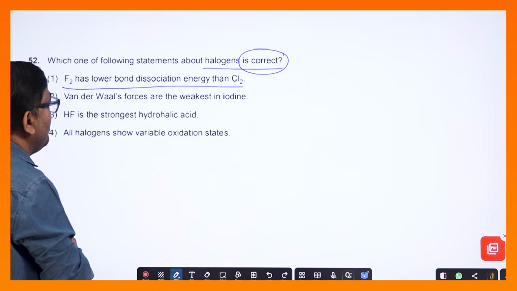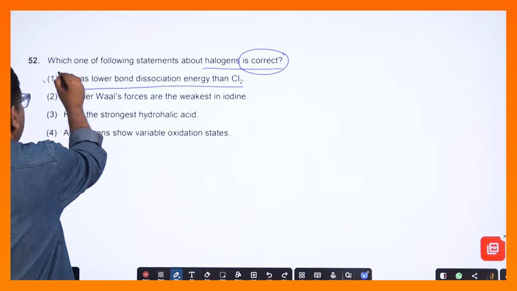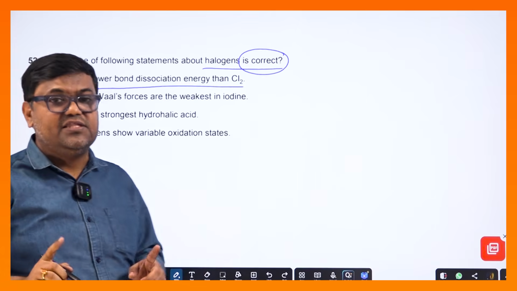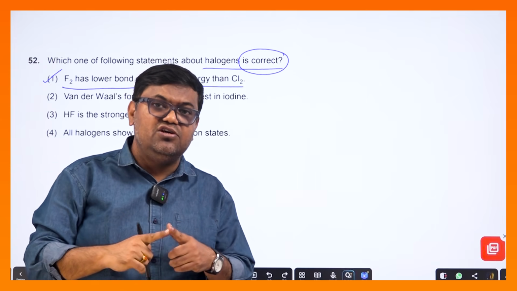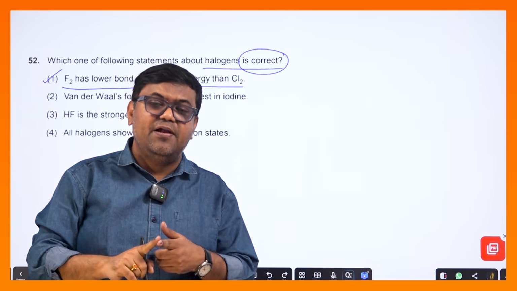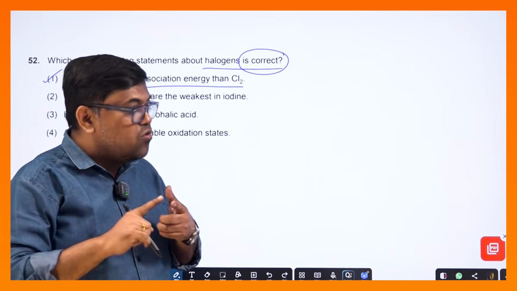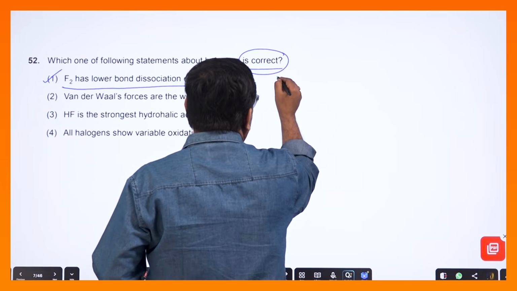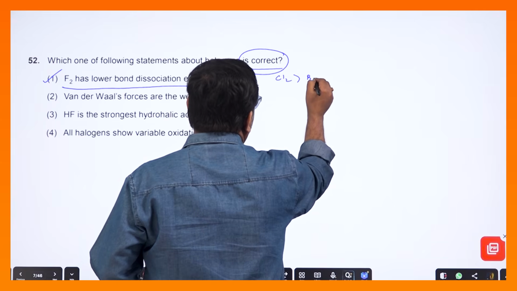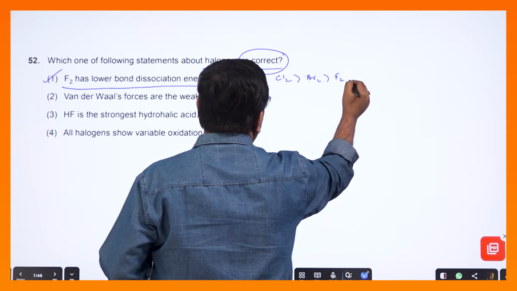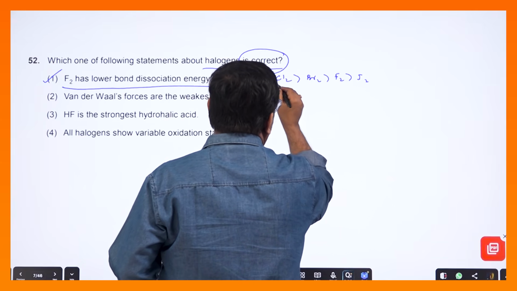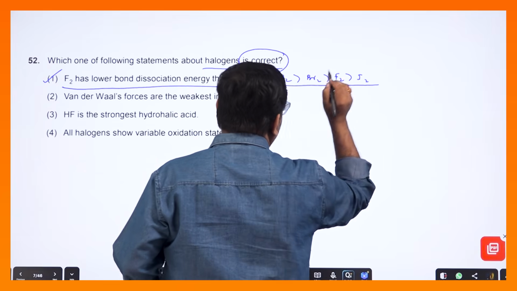F2 has the lower, একদম কারেক্ট, প্রথমটাই কারেক্ট। কেন? ফ্লোরিনের ক্ষেত্রে লোন পেয়ারটা 2p-তে থাকে, তাই লোন পেয়ার-লোন পেয়ার রিপালশন বেশি হয়, ক্লোরিনের ক্ষেত্রে 3p-তে থাকে, রিপালশনটা কম, তাই F2 বন্ড এনার্জি কিন্তু ক্লোরিনের চেয়ে কমে যায়। এখানে অর্ডারটা কি হয়? অর্ডারটা হয় Cl2 সবচেয়ে বেশি, তারপরে Br2, তারপরে F2, তারপরে I2। এটা হচ্ছে বন্ড ডিসোসিয়েশন এনার্জি অফ হ্যালোজেন্স, ভেরি ইম্পর্টেন্ট।